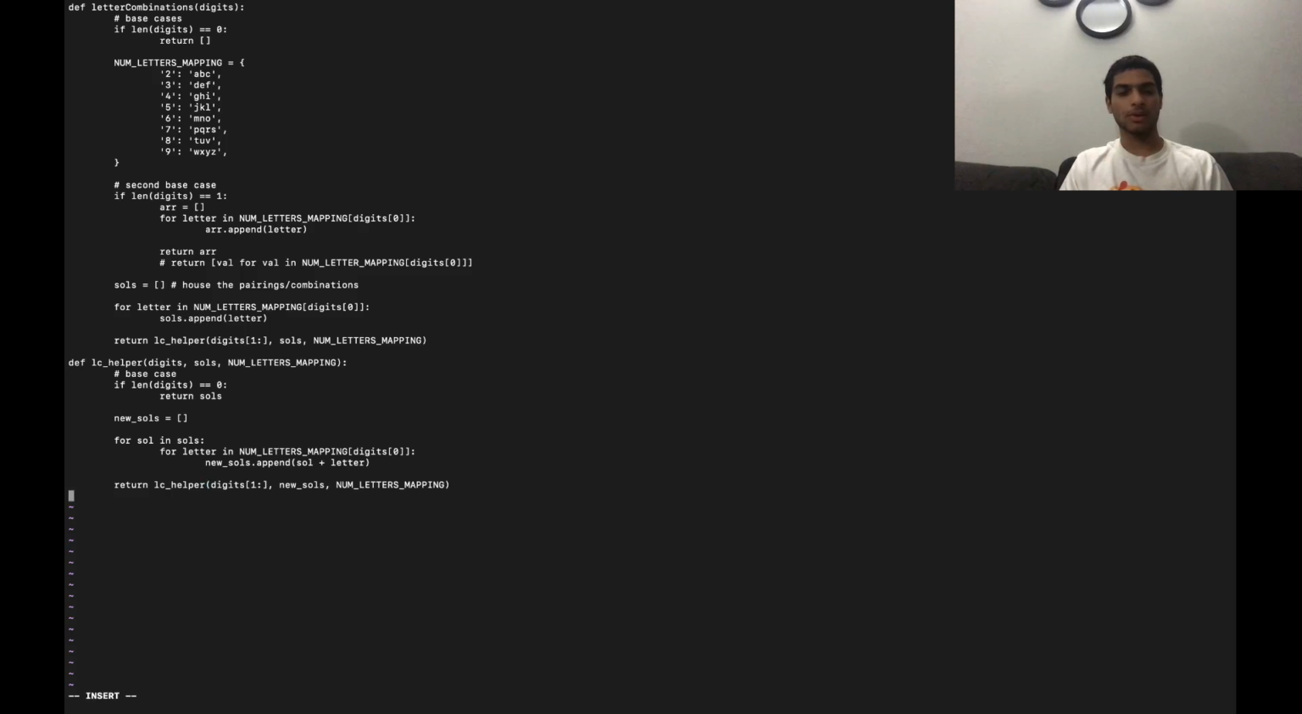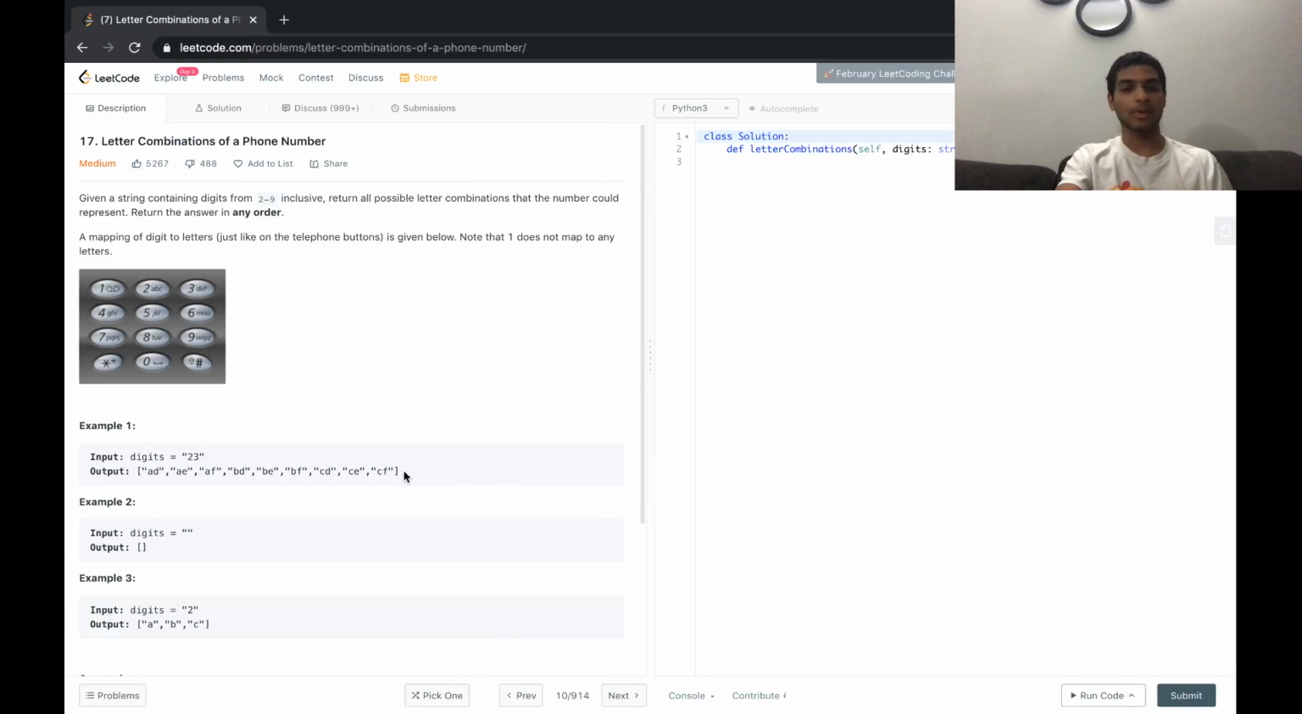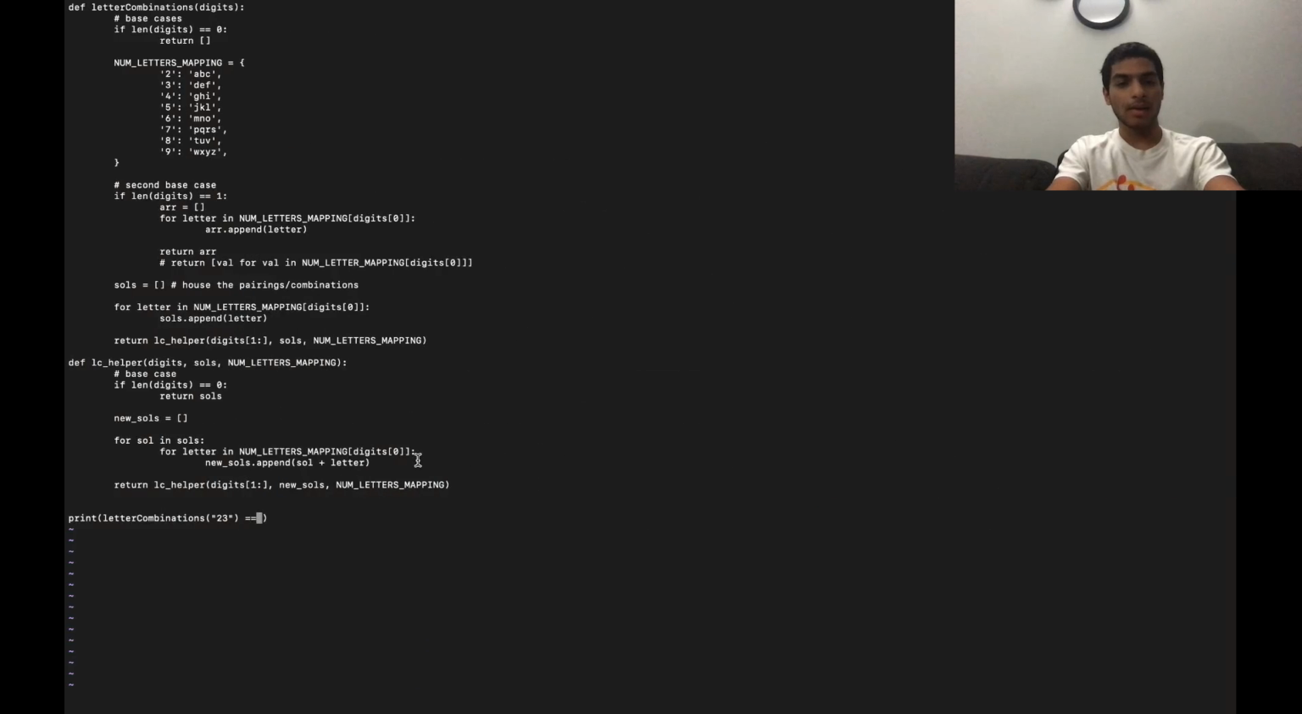And so what I'm actually going to do is print letter combinations. And this is actually the test case that was given inside of the example. So I'm going to copy and paste all this right here. And what this does is it will tell us if, hopefully, the arrays are the same. And in addition to that,